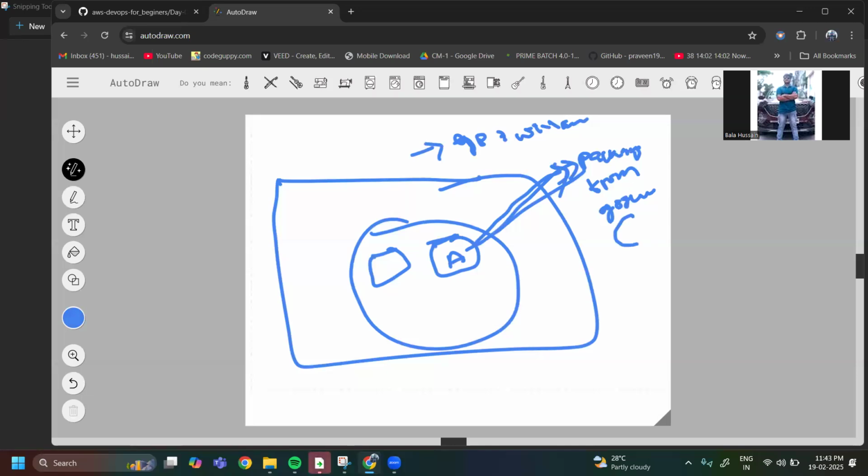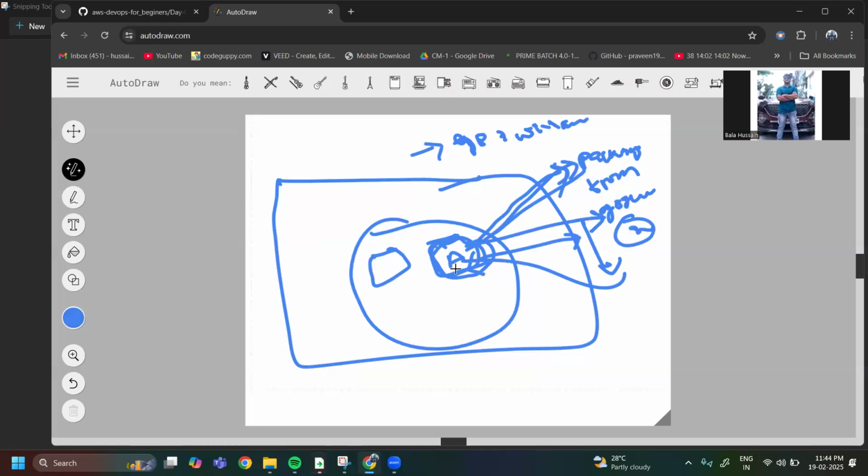This is the outside of the internet, there is google.com. This is inside the VPC, inside the private subnet. If this application accesses google.com directly, there may be a chance to know the IP address, because this is a secure IP address. If someone knows the secure IP address, they will definitely misuse it and do some malicious activity in this application.